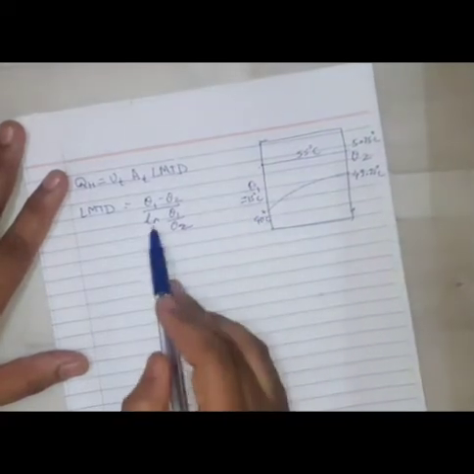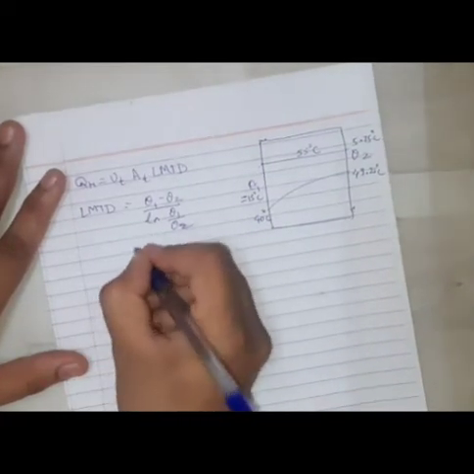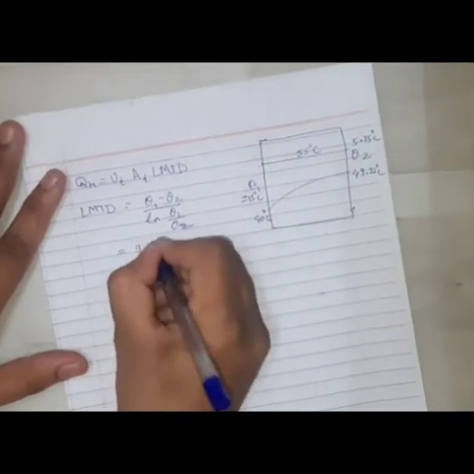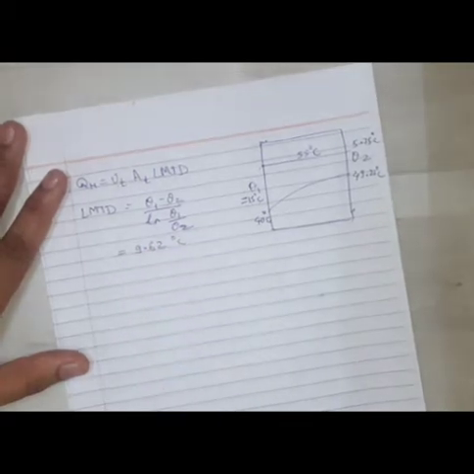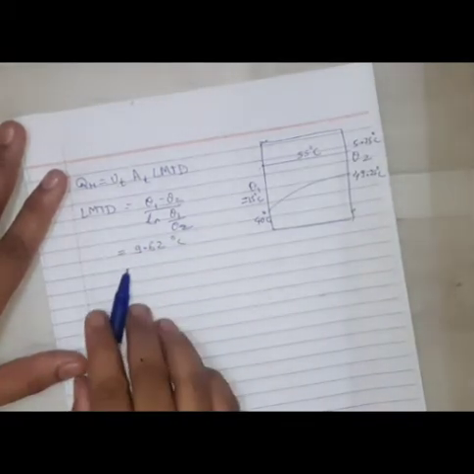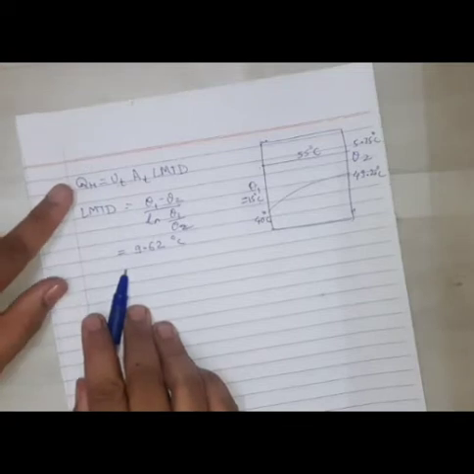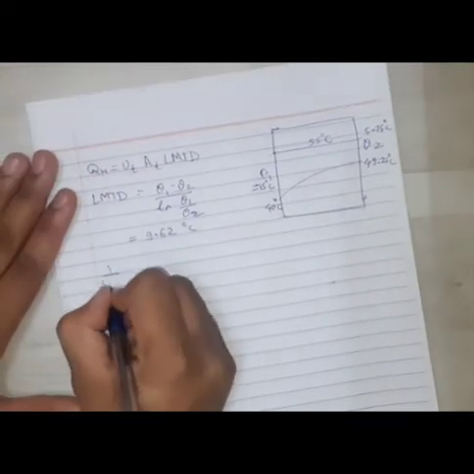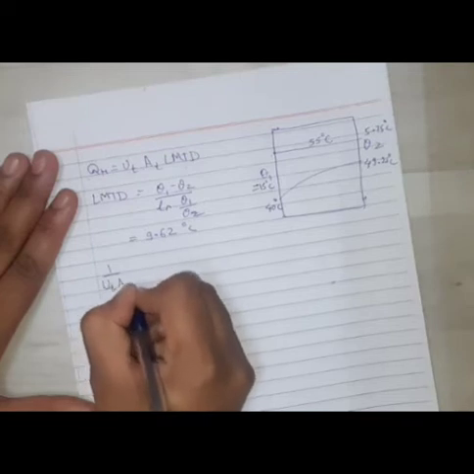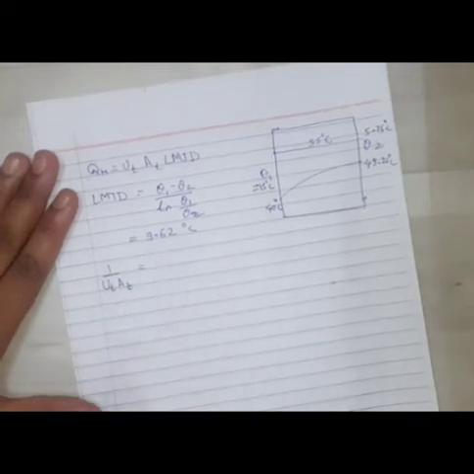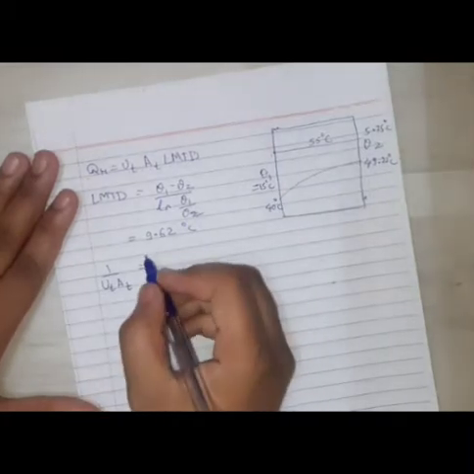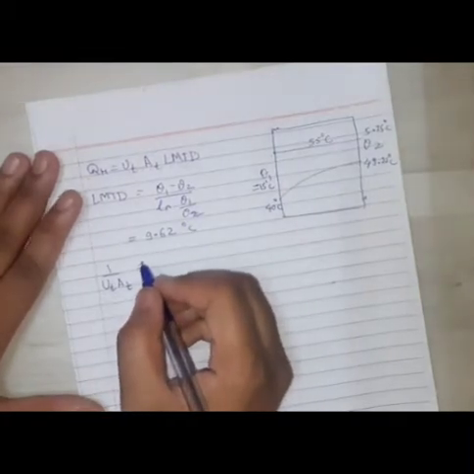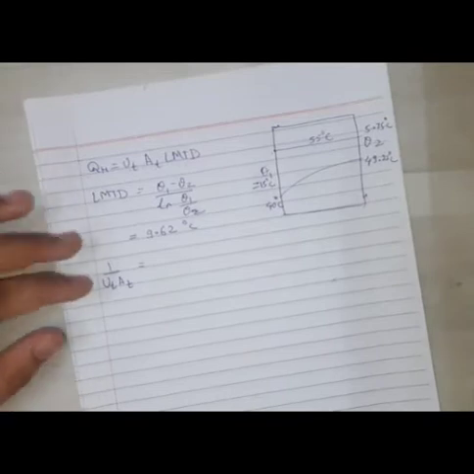Okay. So if we put all the values in this one, we will get the LMTD as 9.62 degrees Celsius. Now LMTD is also known to us. Now the next part is UT. So to find the UT, we have another formula, that is UT into AT, that is overall heat transfer coefficient into total area, or the fin area basically,